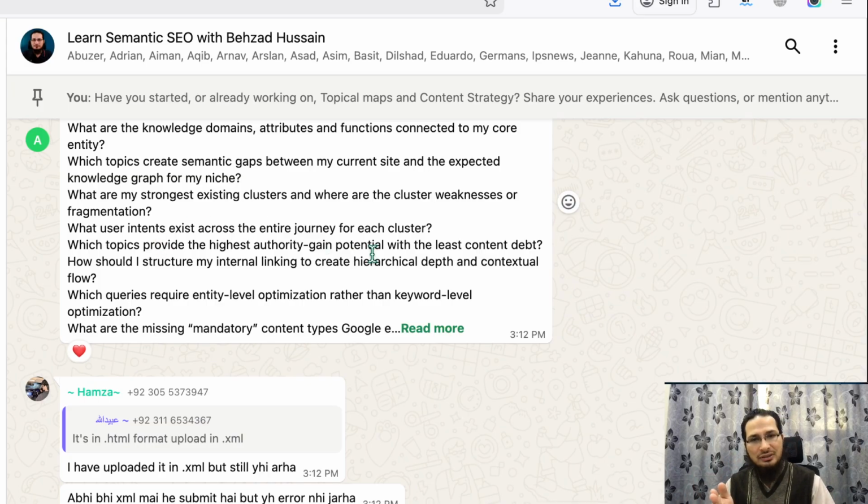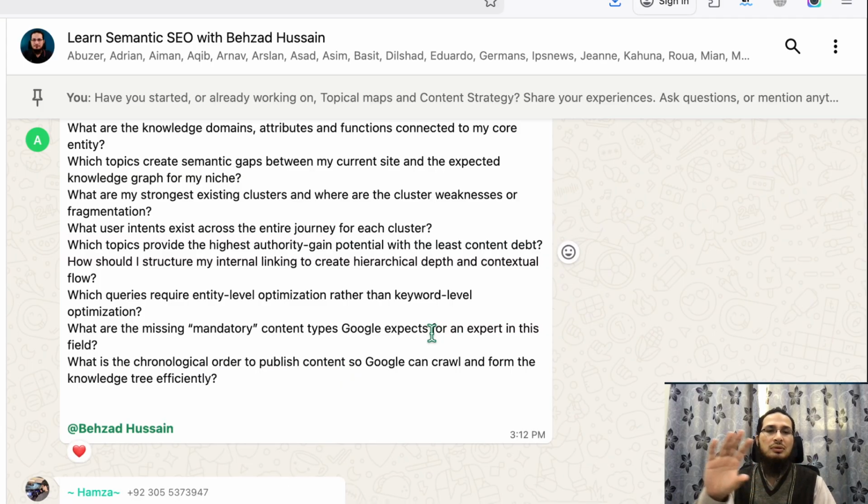And then commercial investigation: we try to cover commercial investigation in the commercial pages, like laptop pages that will have a small FAQ section at the bottom part to answer the commercial investigation queries. So we figure out the query clusters for each stage of the user journey for our whole offer or whole website. Which topics provide the highest authority gain potential with the least content depth? So the highest authority gain potential is the